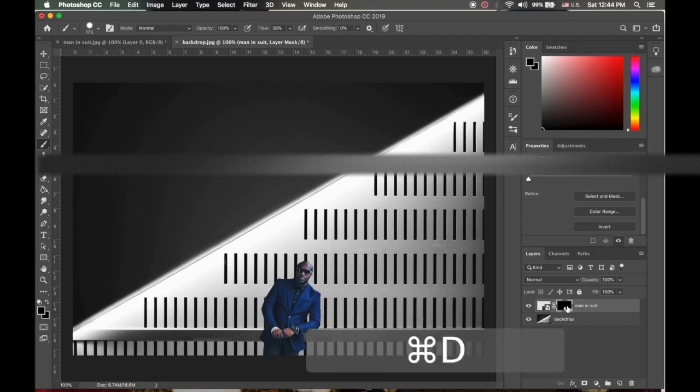Command D. So again, if I hold Command, you see that the little square pops up on the hand. If I click that, that brings the selection back. Now, a lot of times,